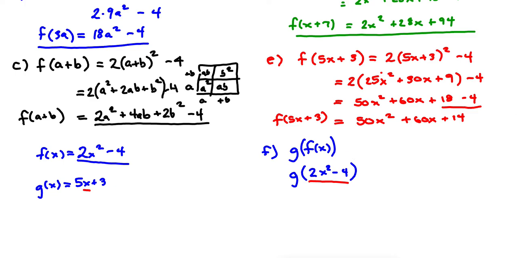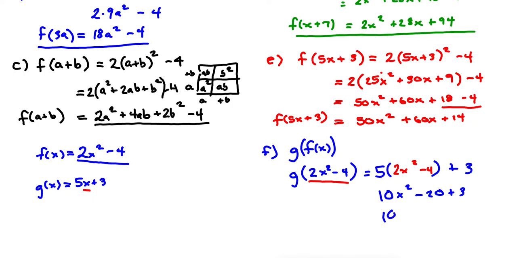So here we go. 5 times 2x squared minus 4, and then plus 3. 5 times 2x squared, 10x squared minus 20 plus 3,